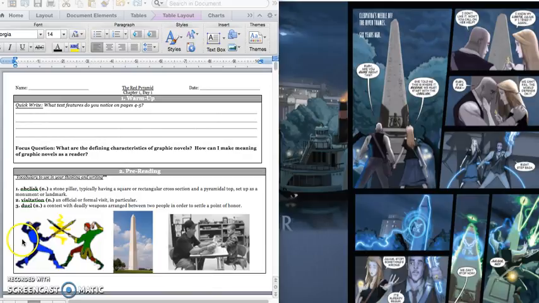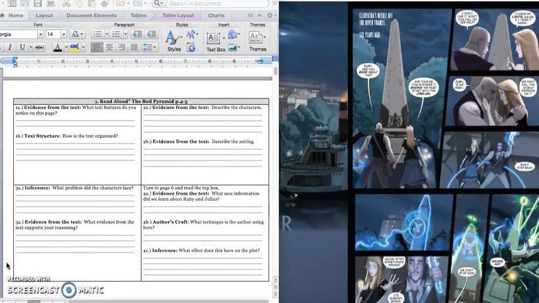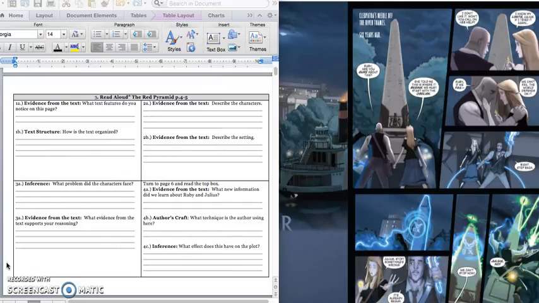And then last, we have a duel. That is a contest to see who can win a fight, and it's a fight to the death. And so these two people are fighting to see who can kill the other person in a duel. All right, we're going to read the first 2 pages, and as we're reading the first 2 pages, first we're